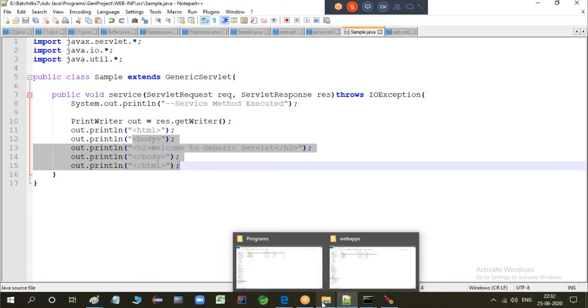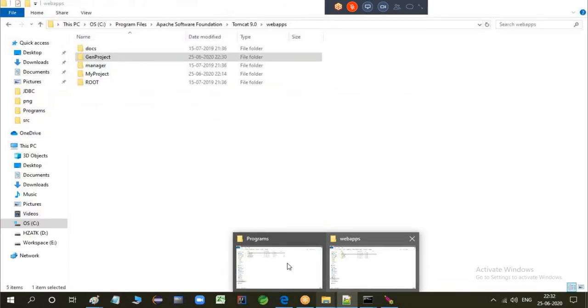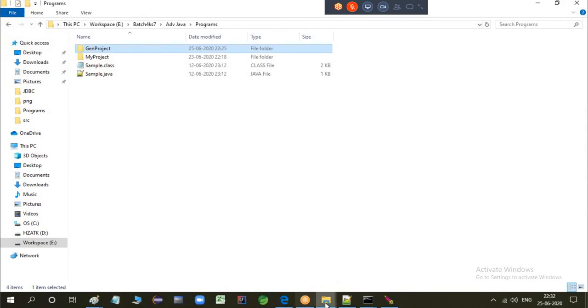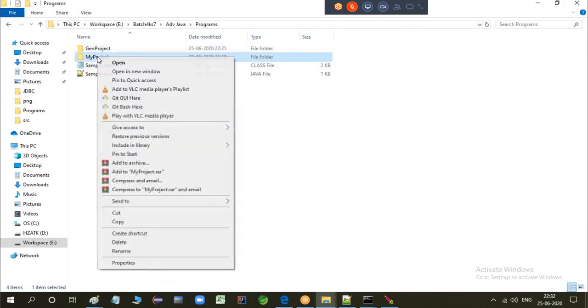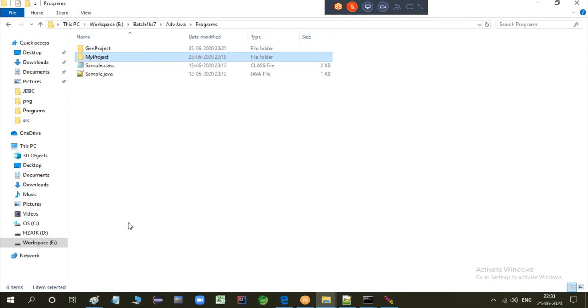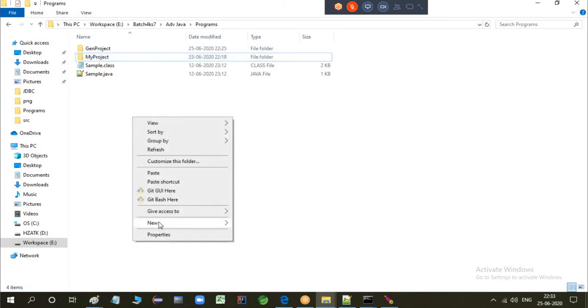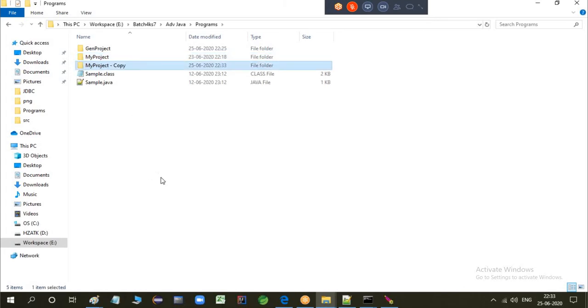Let's see. Let's create one more project here. This is web app. Okay. Can I take a copy of this project instead of creating all the folder structure? Once we reach a certain point, we'll switch to Eclipse because we haven't reached that far for now.